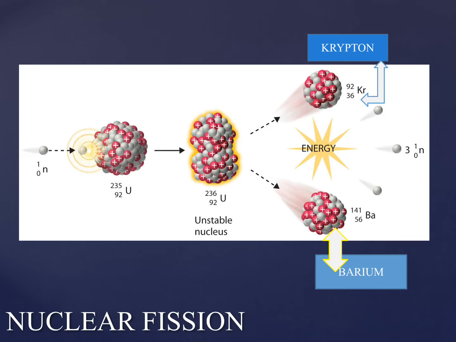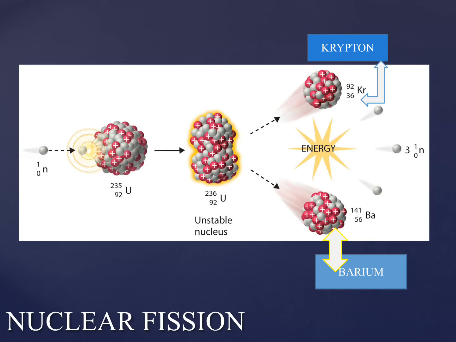Now moving on to the energy from the matter. Now, do you know that matter can be changed into energy? Yes, matter could be changed to energy. Look at the picture in front of you and watch the total mass of a product and compare it with the total mass of a reactant. You will see that the total mass of the product is slightly less than the total mass of a reactant.